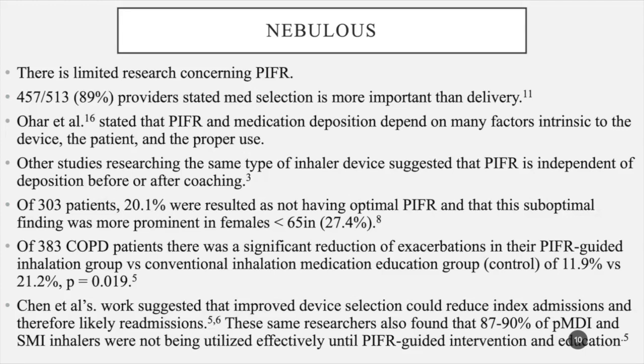Other researchers, throwing into this whole nebulous here, work suggests that improved device selection could reduce index admissions and therefore, of course, those readmissions. Because you come to the hospital, right? They make you lay in a bed. Essentially, to me, a lot of folks just get a little bit weaker muscle-wise, maybe stronger lung-wise. These same researchers also found, and this is